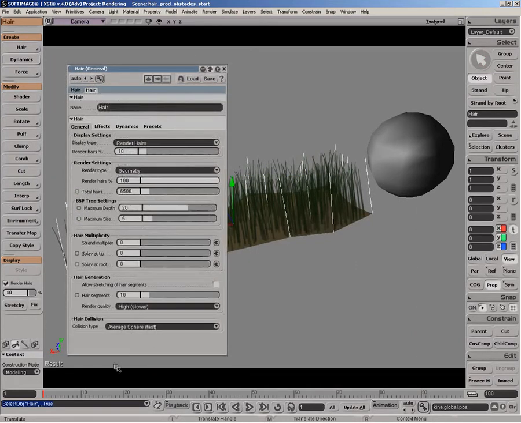If we look at the very bottom on the General tab, we've got a collision type area. And this is where we actually set the mode that's going to be used for the collision. So the first mode available is average sphere. And that's pretty straightforward. It'll basically create a bounding sphere around all your selected obstacles. So it's an approximation of the obstacles, but this allows it to be much faster performance-wise, and it actually does